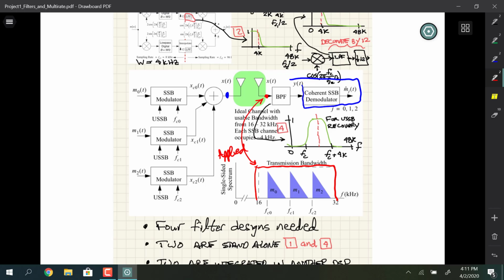And then you go on from there to build a bandpass filter to eliminate an image from getting in, effectively is what that's all about. So that's an image reject filter in a sense. And then you have a coherent demodulator. And then you downsample back to 8 kilohertz again, or 8 kilosamples per second, so you can listen to it in the audio player. And what you're going to do when you're going after performance modeling, though, is you put